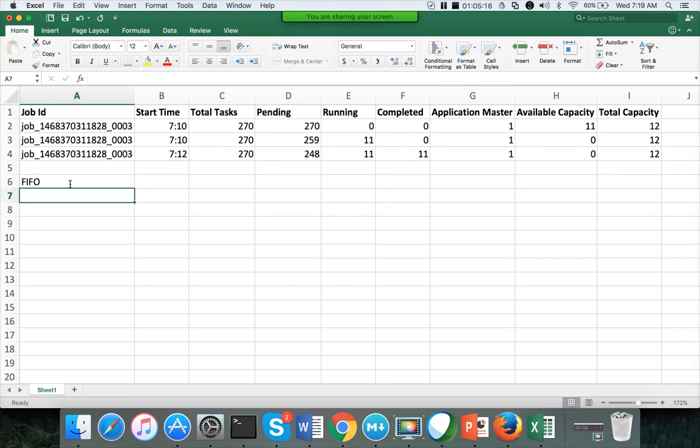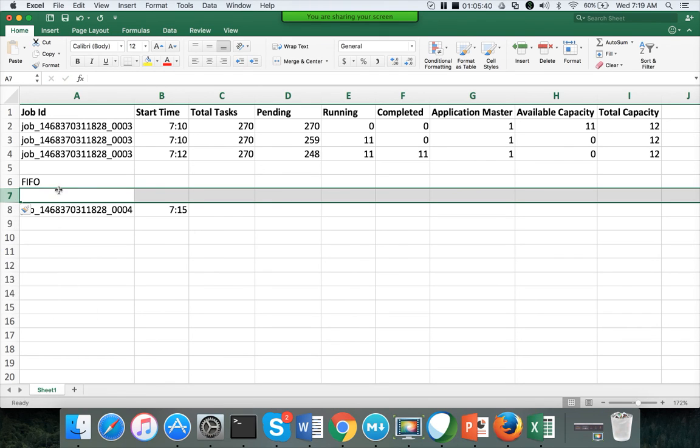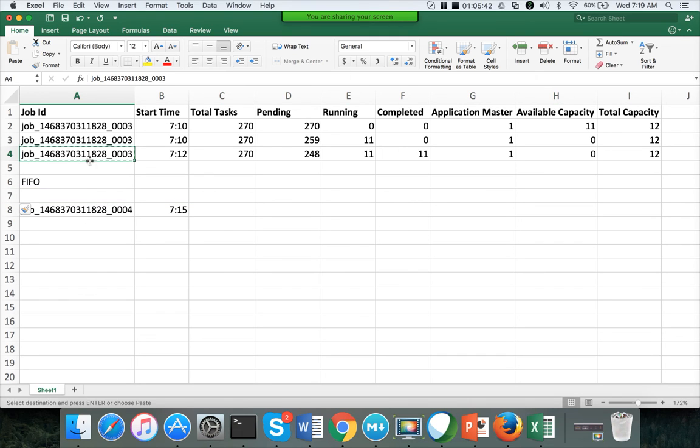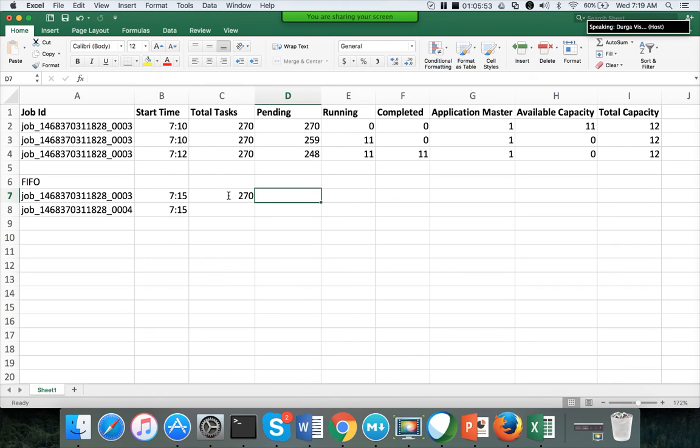With the FIFO scheduler, if I submit another job which requires, let's say, 10 tasks, so approximately at 7:15, let's say I submit another job called 0004 itself, and 7:15 is the start time. Let me insert one more record here. Let's say by 7:15 for this job, 40 tasks are completed.